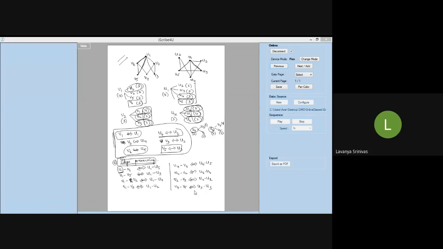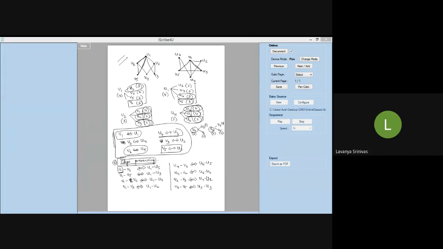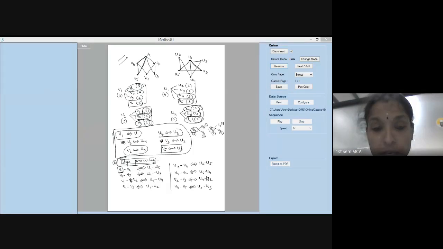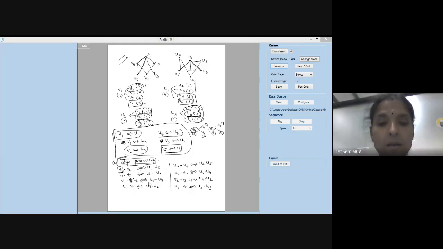I have got U4 to U6, ma'am. Yes, ma'am. Okay, then is there any change in your edge preserving with respect to mine? That is what I'm asking you. Yes, ma'am. This U1 to U4 you have got, but I got U1 to U6. That is where you are correct. Hold on one minute. See, that is where you should find out.